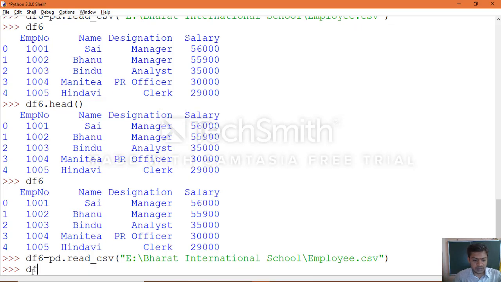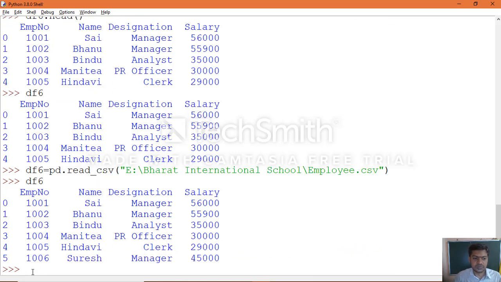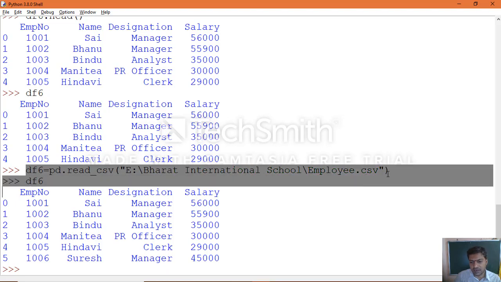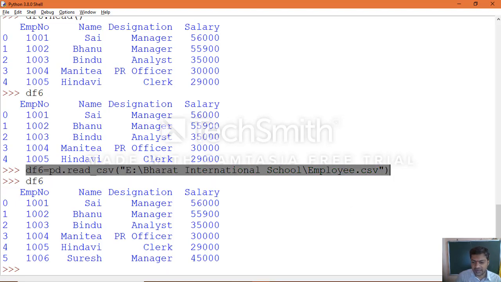Now print the object. So even though you updated your CSV file, it will not be updated in the object. So again you need to create your data frame object using read underscore csv, then you will be able to extract the data.